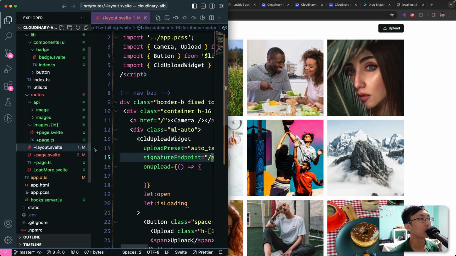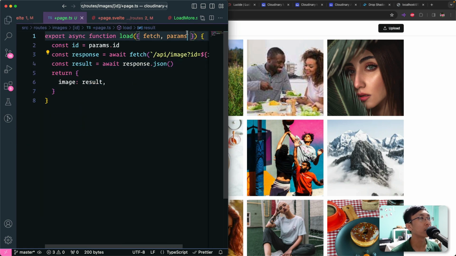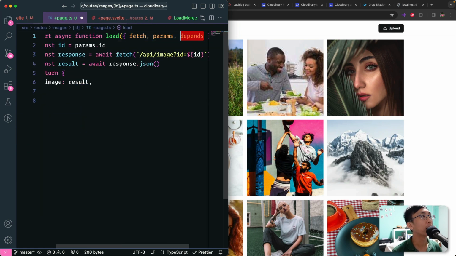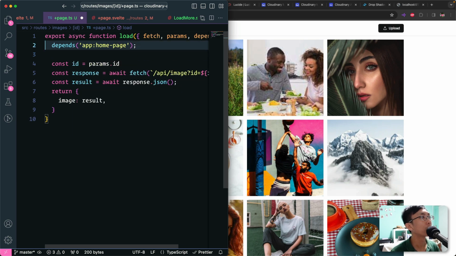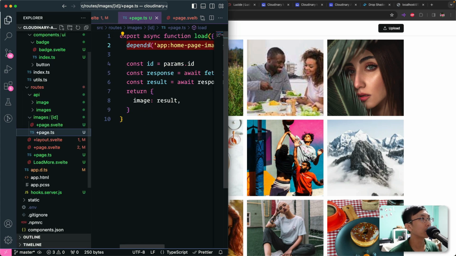So one thing you can do in SvelteKit is that in your page, when it loads, you can have this thing called depends, and you can give a name, right? For example, this load function depends on, let me give a name, say app homepage image list, right? So this load function depends on this one. So if something changes this one, then this whole load function will need to rerun. So I'm gonna save this